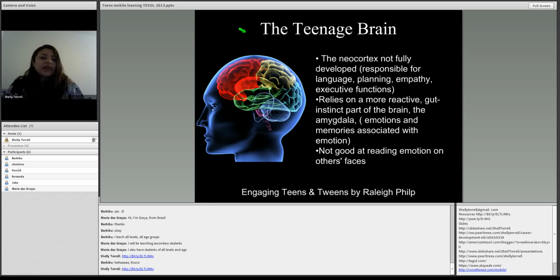They haven't fully developed their neocortex, which is responsible for language, empathy, and planning and executive functions. So at this stage, it's very critical, especially for language teachers, that we engage them with language and get them to find it important, because this is the part where they're still developing and they can learn so much about language.